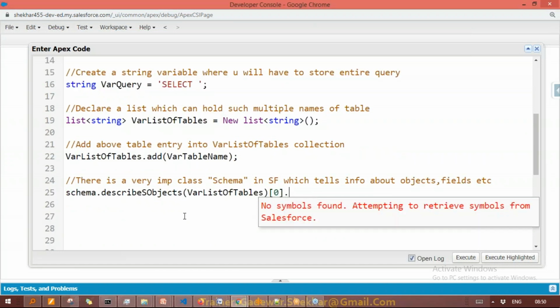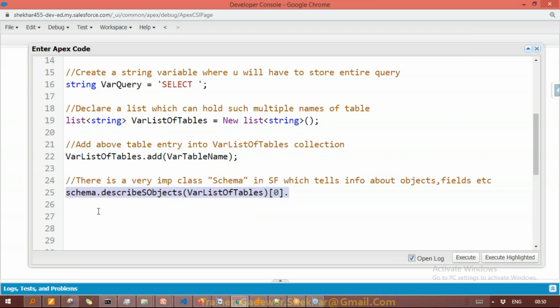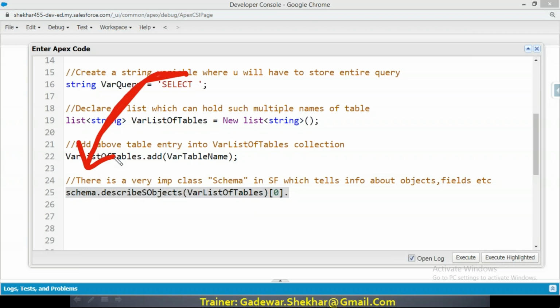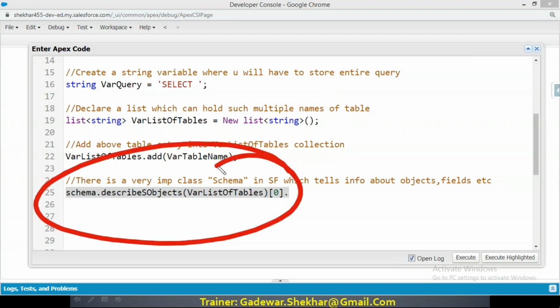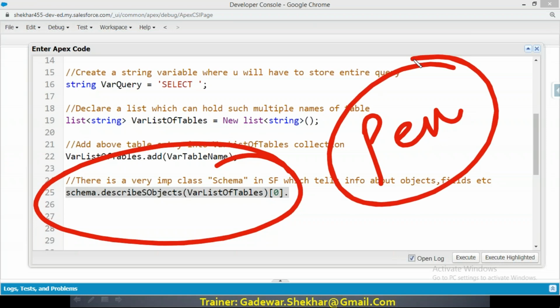Now see, this will refer to what? Look at this. This will refer to the class Schema, by default. Then this function will give us the information about the list of the tables. Pass the list. In our list there is only one table, it doesn't matter. We already saw in the list topic that a collection can hold one value or 1000 values. So in that collection I'm interested in the first value. Now this entire information, whatever is on the screen on line number 25, represents my pen object. Internally this will represent my pen object.